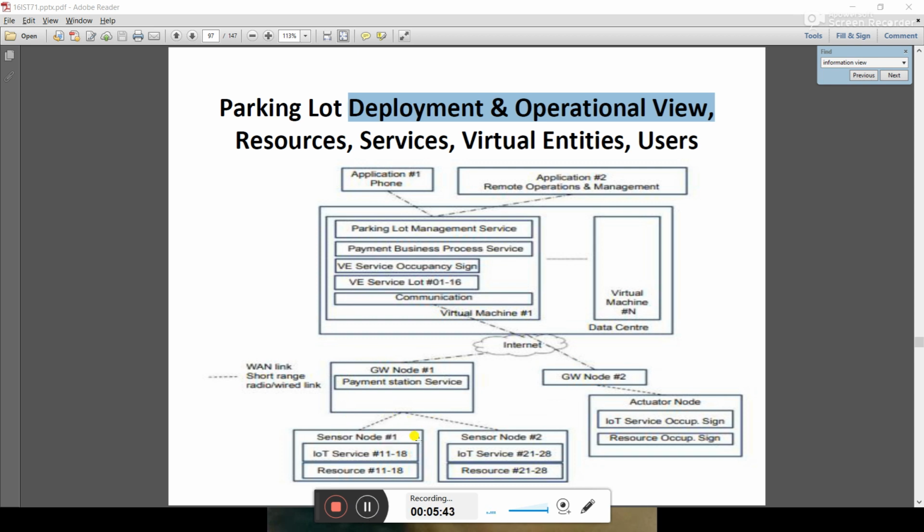So here you can see that there are two sensor nodes, and these are deployed by wireless area network, short range and radio wired link. Okay, so these are the radio wired link, and there is a wireless wide area network. This is controlled by wide area network. This is also controlled by wide area network. So these two things are controlled by wide area network, while these things are going on the machine to machine communication, and these are possible with some short range radio wireless link. So that's how this complete architecture works, and in my next lecture I will tell you about other services also. Thank you.